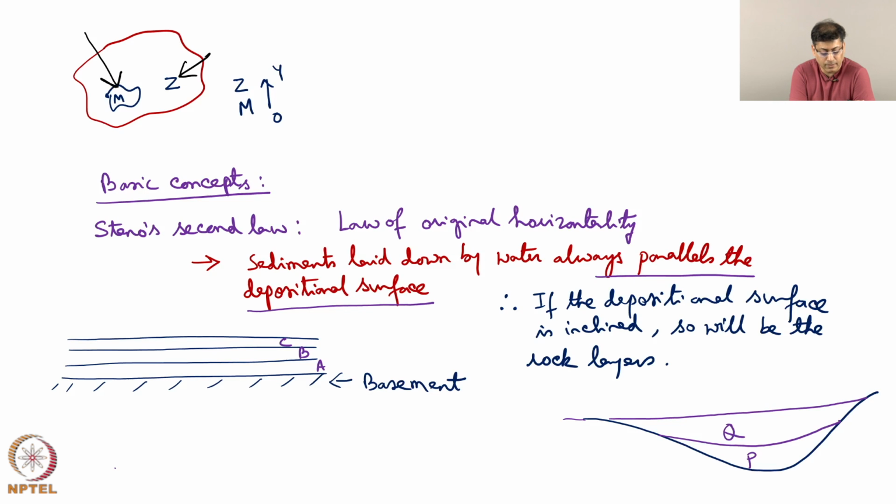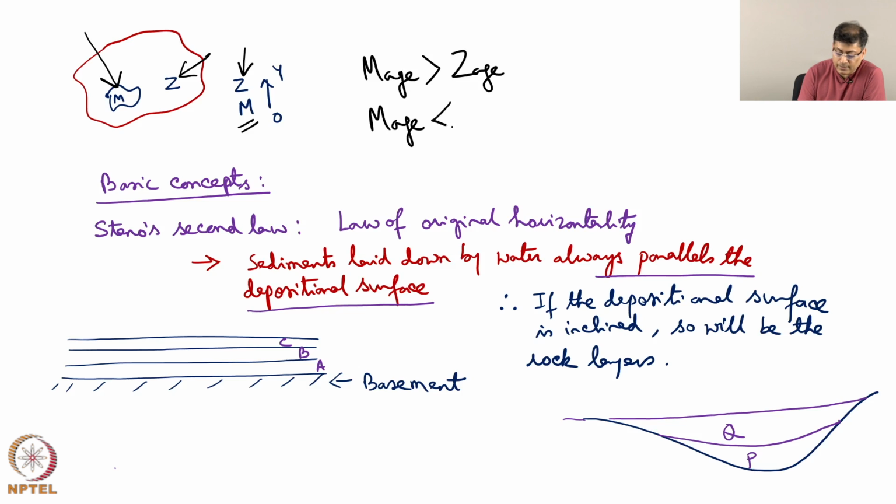So, what does it mean? It means that rock M is an older rock and now it is completely surrounded by rock Z. Z is the younger rock. So, if we go for geochronological dating and if we find that the M age is more than Z age, that means our mass spectrometer is working properly. If we find M age is less than Z age, this will indicate that there was some mistake or some altered materials might have been dated.